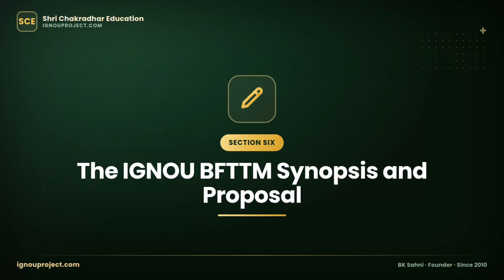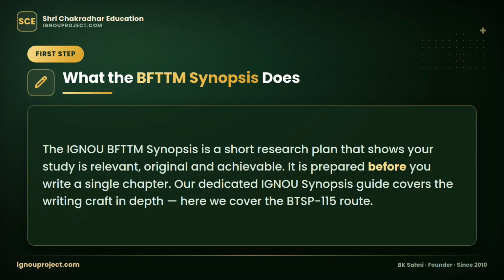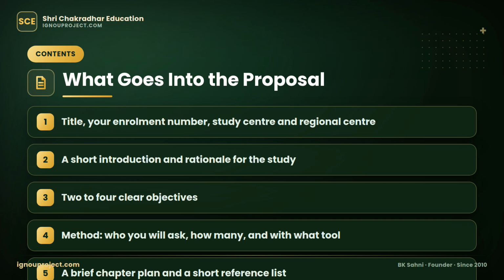With a topic in hand, the next step is the proposal, which students usually call the synopsis. The IGNOU BFTTM synopsis is a short research plan. It shows that your study is relevant to tourism, original enough to be worth doing, and achievable with the resources you actually have. It is prepared before you write a single chapter of the report. We have a dedicated IGNOU synopsis video that covers the writing craft in depth, so here we will stay on